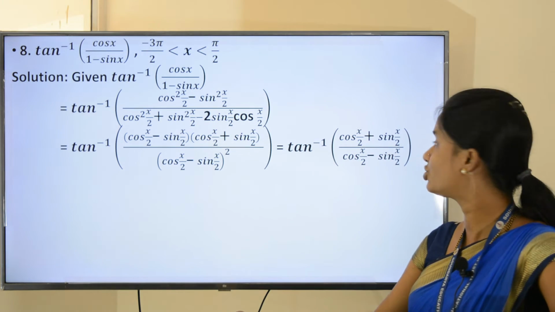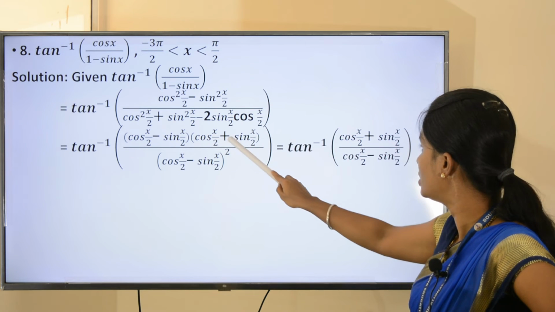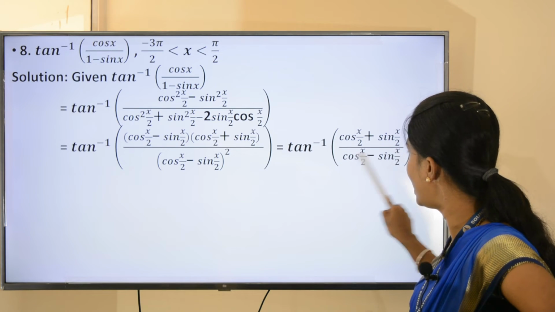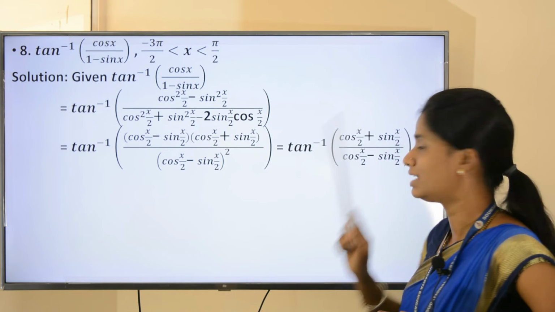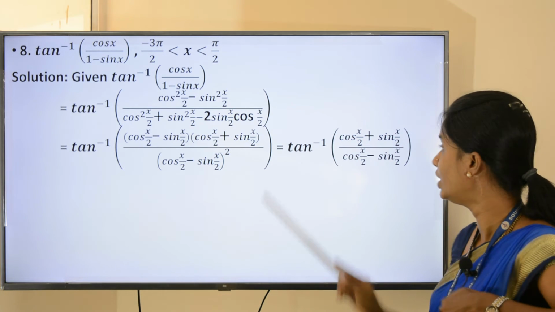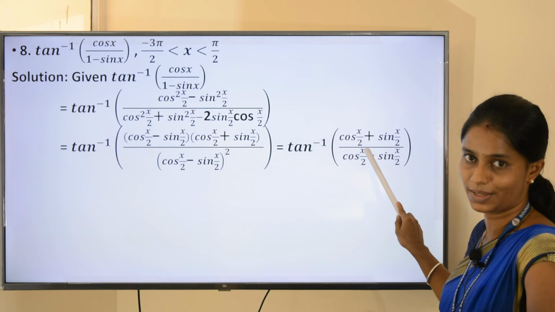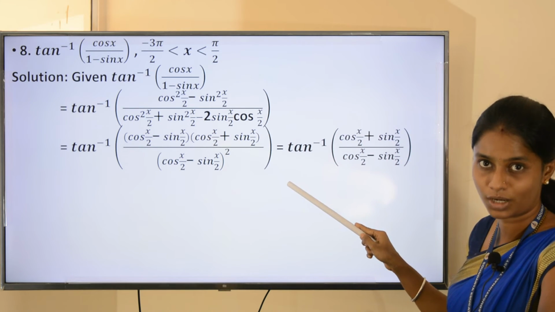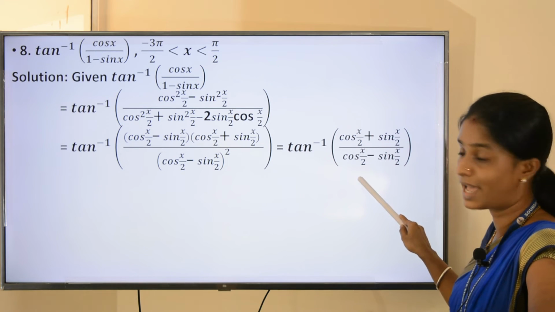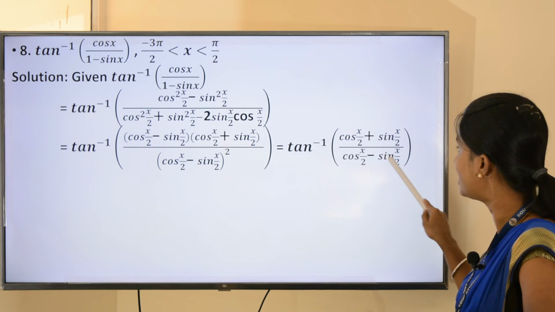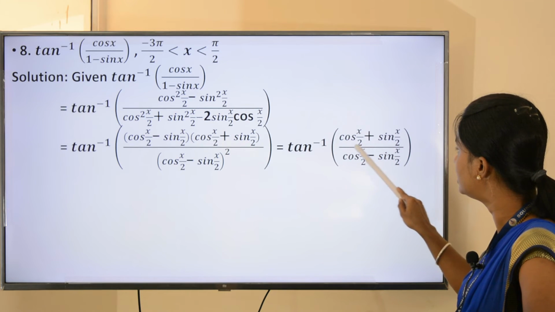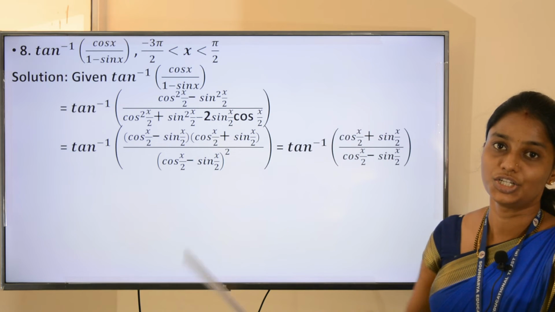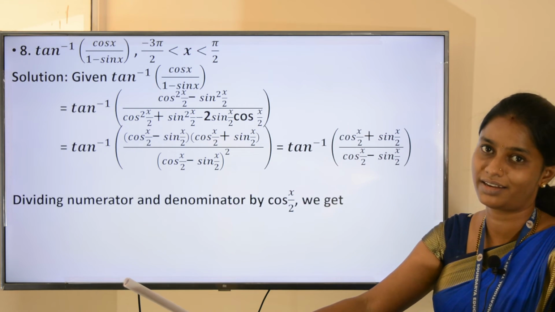What are the remaining terms here? That is tan inverse of the numerator cos x by 2 plus sin x by 2 remaining, whole divided by cos x by 2 minus sin x by 2. Please observe, tan inverse of some expression is there, isn't it? So this expression should be converted in terms of tan only. To convert in terms of tan, total 4 parts are there, 1, 2, 3, 4. This third part should be 1, so which one will be the dividing term here for the numerator and denominator?